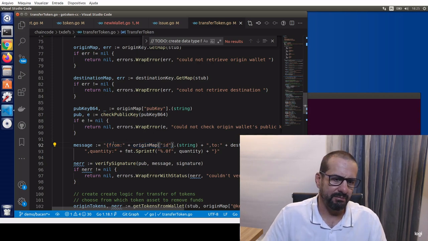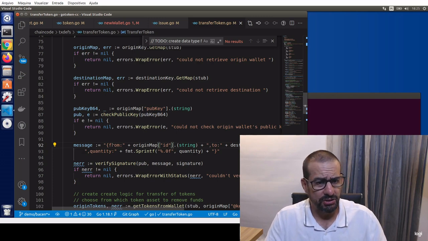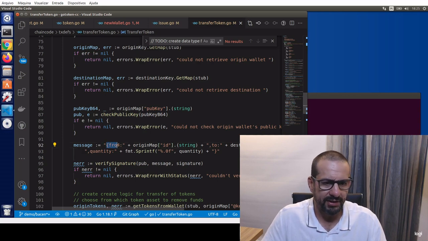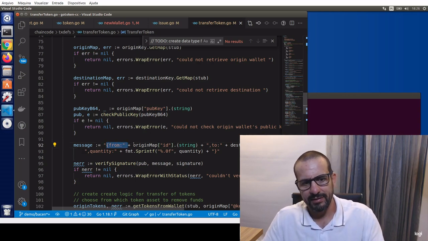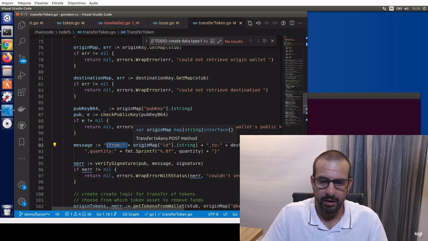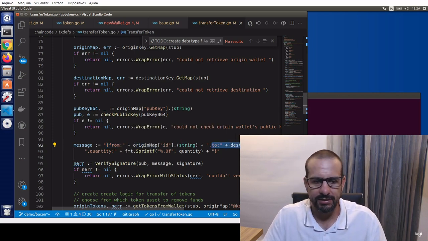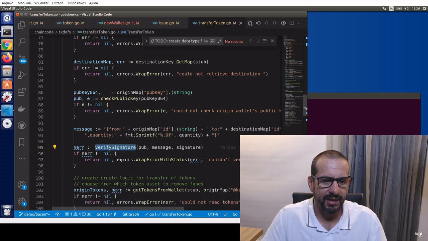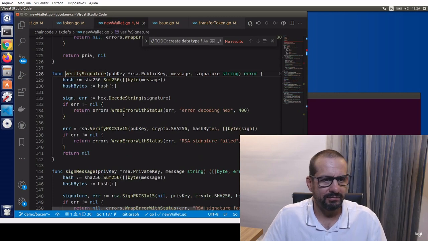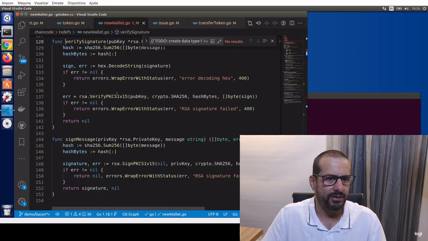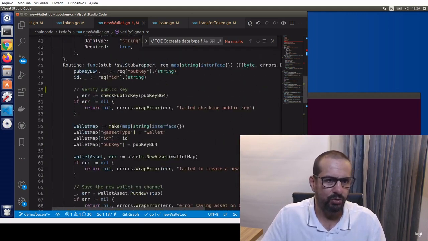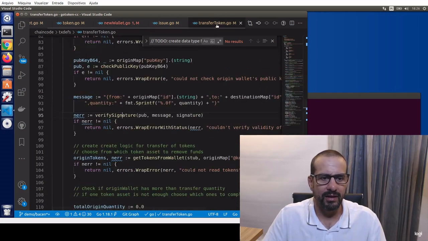Basically the message will be a kind of JSON, so we will ask for a signature of this string right here that will include the ID of the origin wallet and the destination, and the quantity of the token of the transfer, and then we will verify the signature. We will use cryptographic methods to verify if the signature is correct, and if everything goes right, then we will continue to the